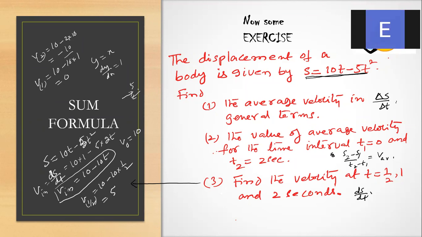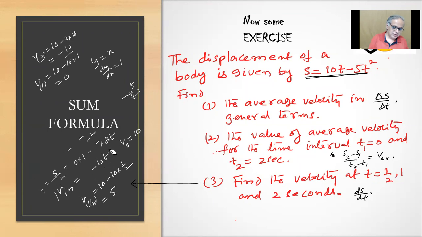Sir, there is t1 equals 0, sir, like if we are substituting. No, here I did extra: t half, and 1 and 2 I gave, but I also did for t equals 0, though it's not asked. No, sir, in the second question, t1 is 0 and t2 is 2 seconds. I'll come to that. I was just waiting for people to do it. Sir, I did it, but I got 0, sir. Delta S by delta t. Let me see. Okay, I'll see that.